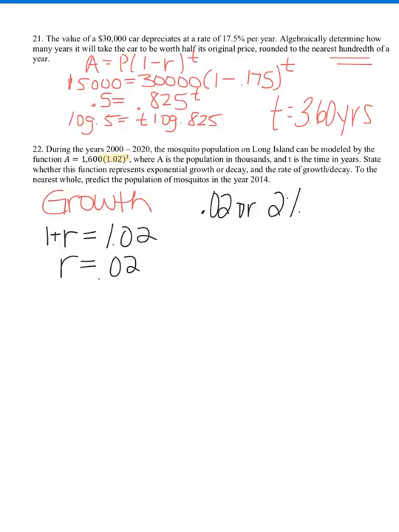Okay? And now the last question. To the nearest whole, predict the population of mosquitoes in the year 2014. Okay, so this really should say t is the time in years. t is years since 2000. Okay, but you're going to plug in 14 for t. So we're solving for A equals this equation, 1.02 raised to the 14th. So I end up getting this number here,